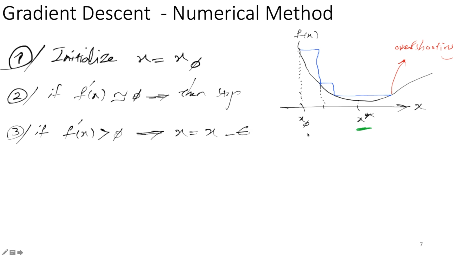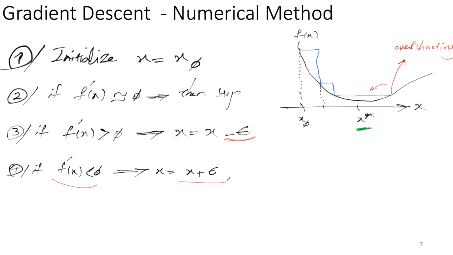In other cases, if the f prime of x was greater than 0, you have to subtract the step size from your x because you've already passed it, so you have to come back. And in the case that it was smaller than 0, you have to add the step size, like you were here in this case, and you had to add the step size e to go towards a better point in your